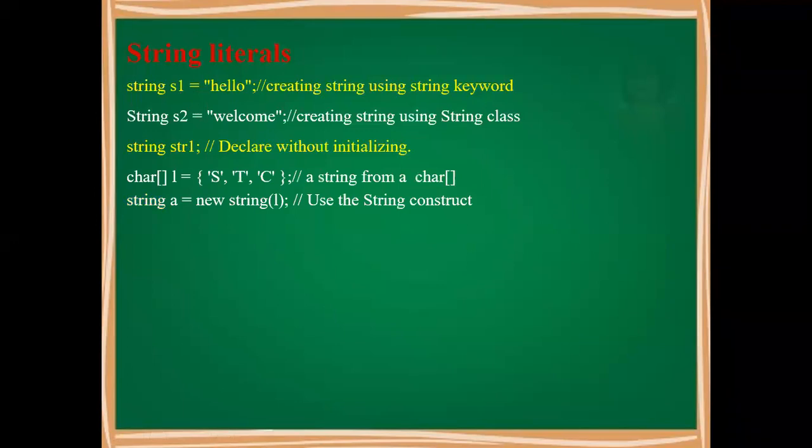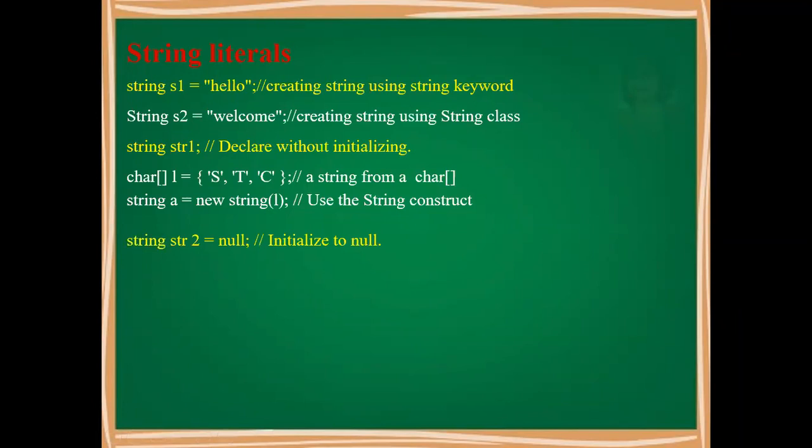Then there is another data type, you know, character, and we can form a string using a character array. So here is a character array: S comma T comma R. This is the string formed from a character array. Now we can use that character array in a string: string a is equal to new string of the array. But this is going to be quite difficult, so we are going to stick to our simple syntax.